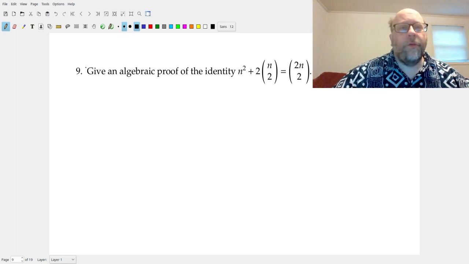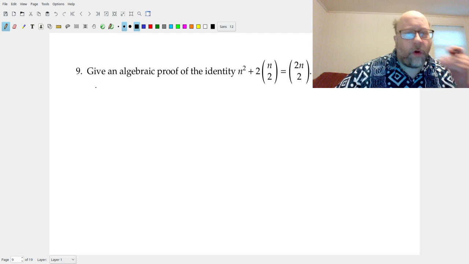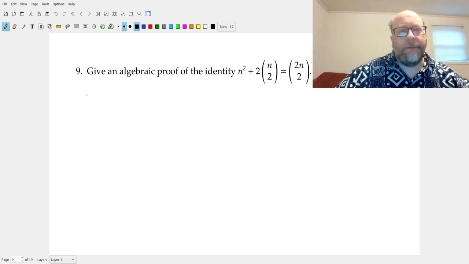So let's look at this question. Give an algebraic proof for this identity here. So let's just work out what this left-hand side is saying and work out what the right-hand side is saying. So the left-hand side